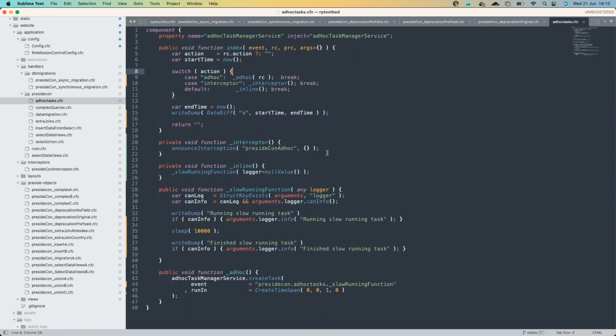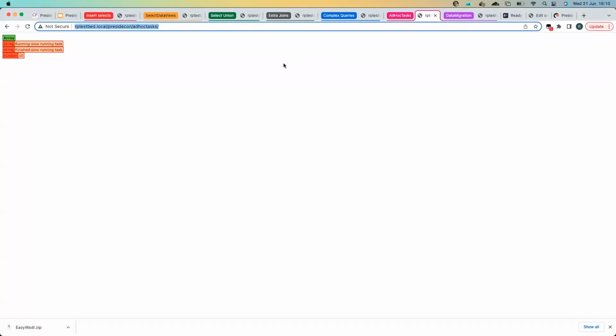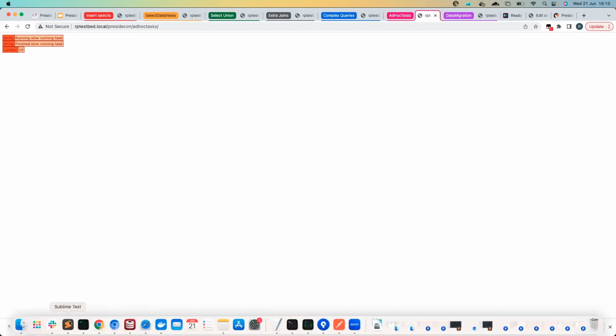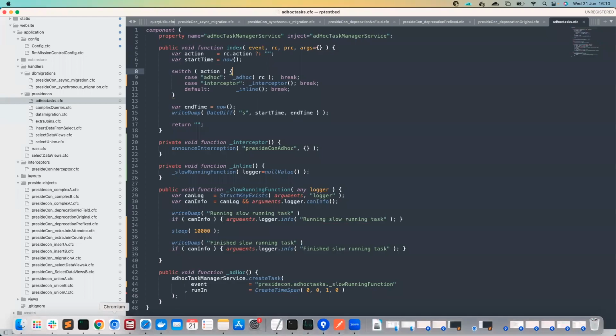If I pull up that, you'll see that it takes a little while. Which is boring, waiting that long, isn't it? And then if I do that as an ad hoc task,